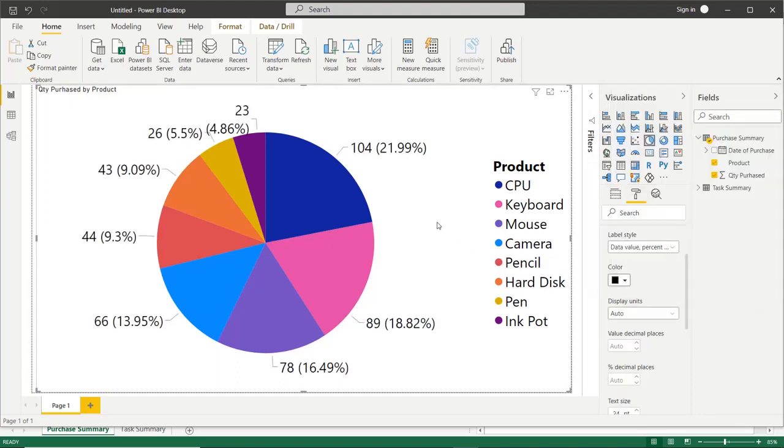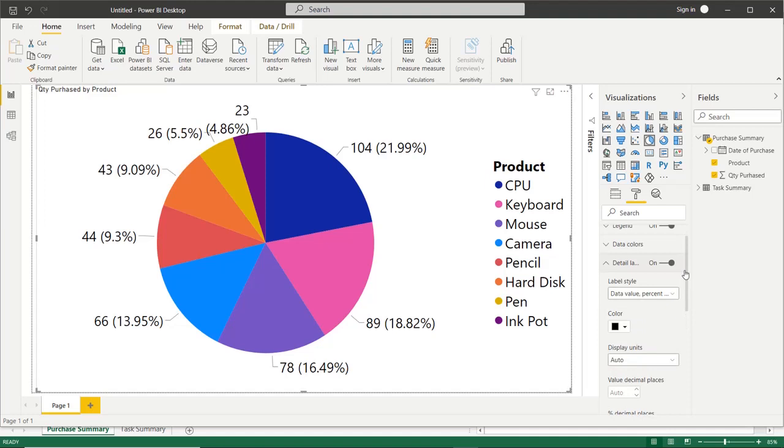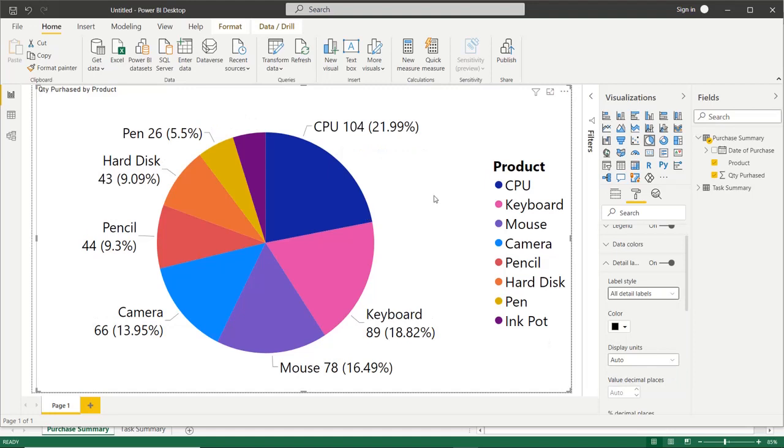So you can see the first sector is the CPU and quantity is 104, and that is the percentage of total purchase. If you want to display all the information, go to data label, so along with the percentage and the quantity, the name of the product is also displayed.